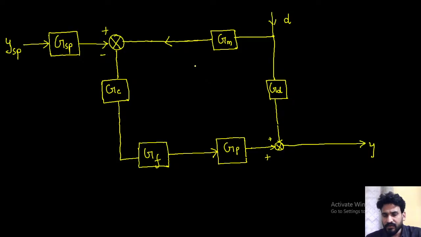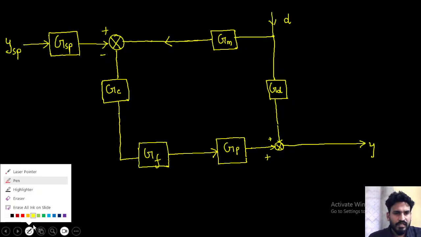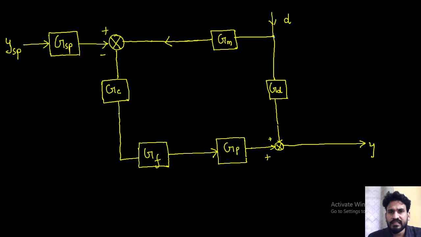Now I will try to find out the transfer function. So this is the D signal. D signal is going here and D signal is going here. What is this, guys? This is the output of this transfer function. What can be the output? Output is my input into the transfer function. So this signal is DGD. Now here this is the output for this transfer function, which is my DGM.